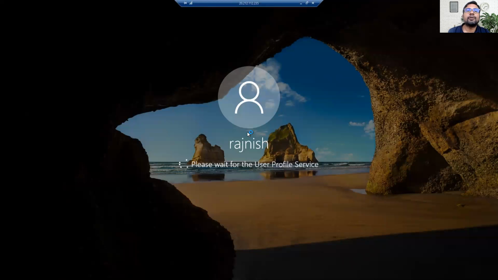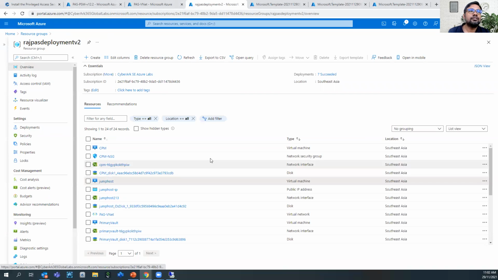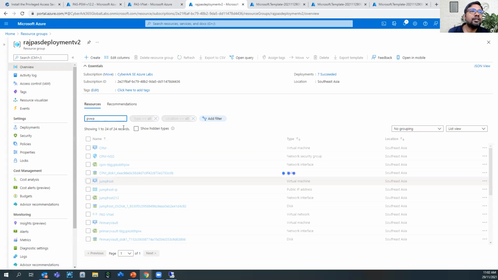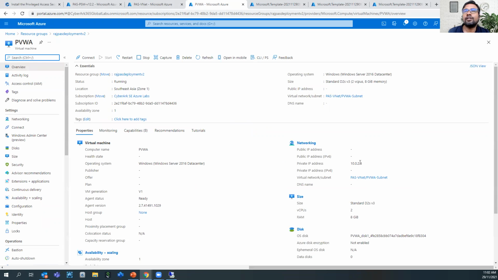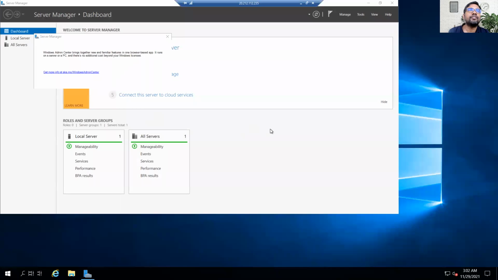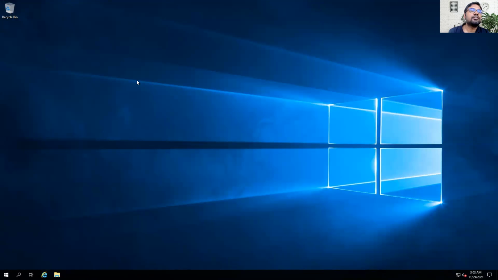Once I'm able to log in, let me check what's the IP address of my PVWA. If I go to the PVWA, 10.0.2.4 is the IP address of my PVWA. Let me close this server manager.